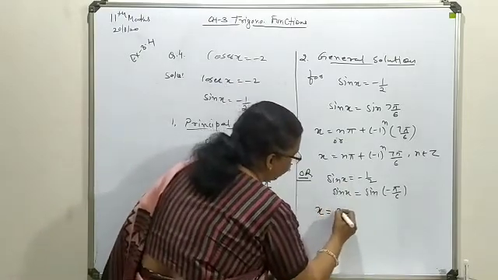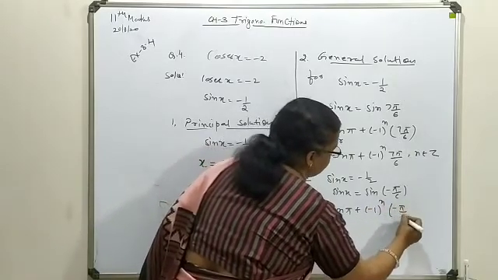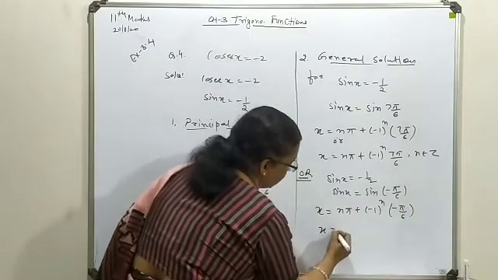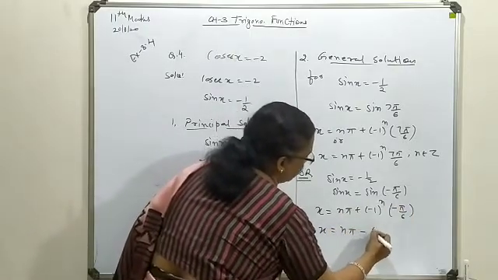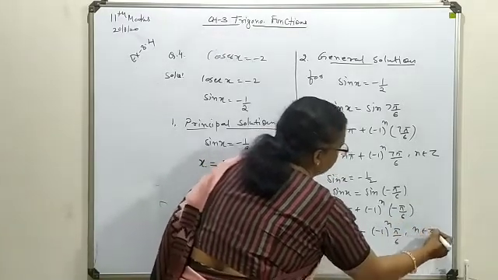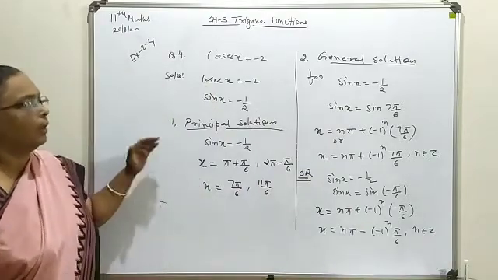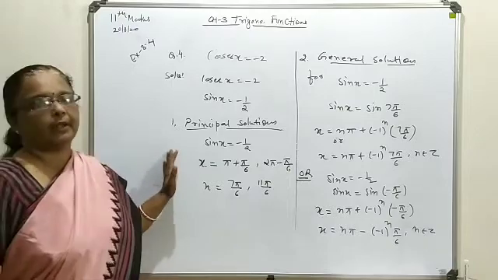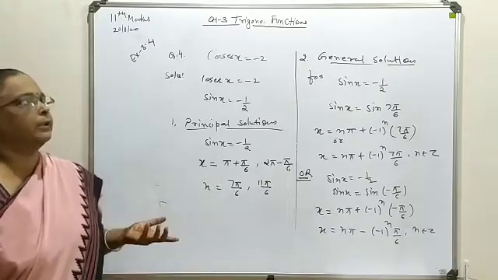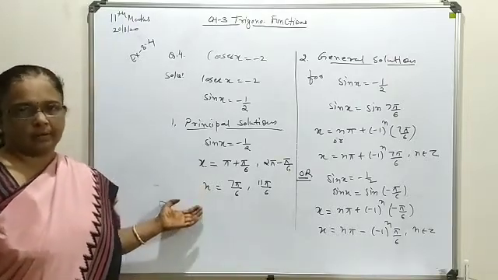So x will be, general solution formula will remain same everywhere for all the cases. This negative you can insert over here. So it will be x is equal to n pi minus 1 power n pi by 6. This is also a correct way of writing your general solution. So this way on the basis of any of the terms you can define your principal as well as general solution. So any of the terms in these six trigonometrical terms you can handle, I think so.